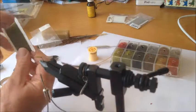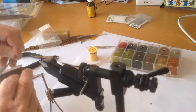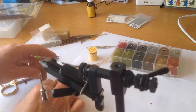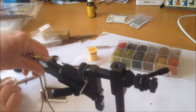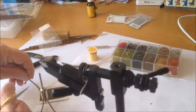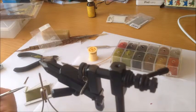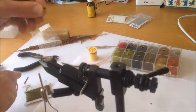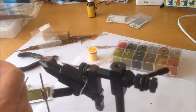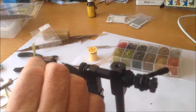It's a synthetic material, very effective for wings. You can get it in many different colors, and generally I take 2/3 of the thickness for a fly of this size, and then I cut a piece off about 2 centimeters long, trim it nicely, and there you'll see my piece of wing, which I lay at a 45-degree angle over the top of my